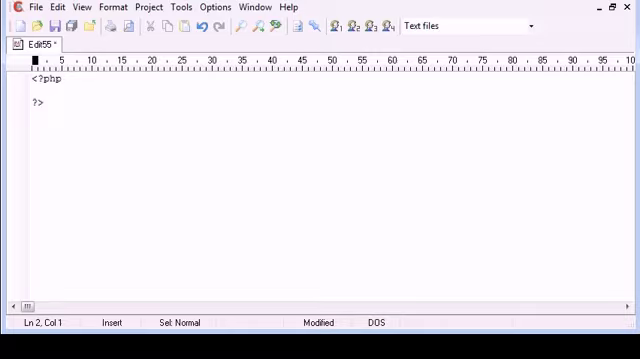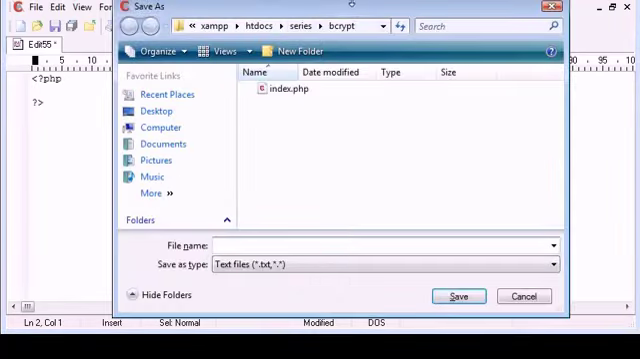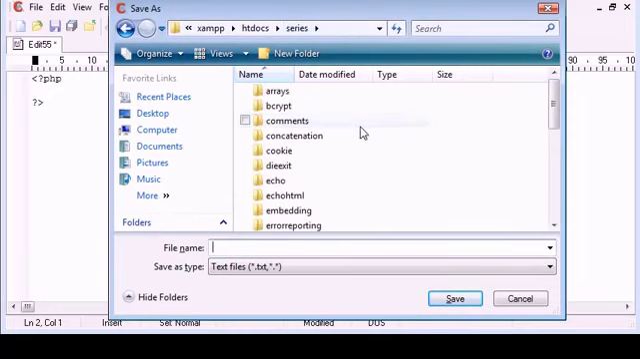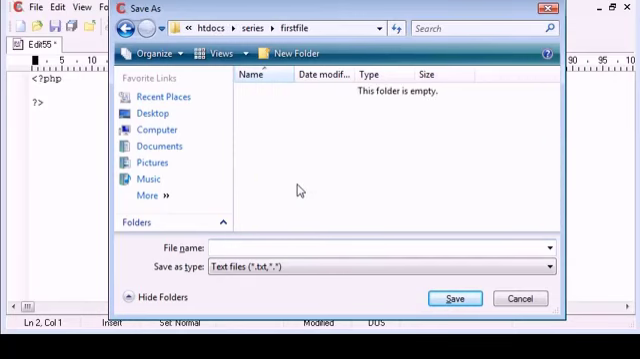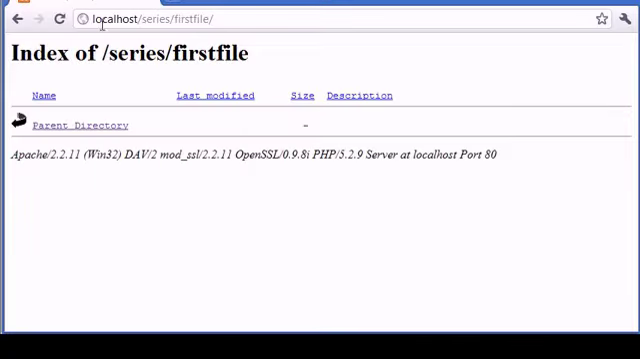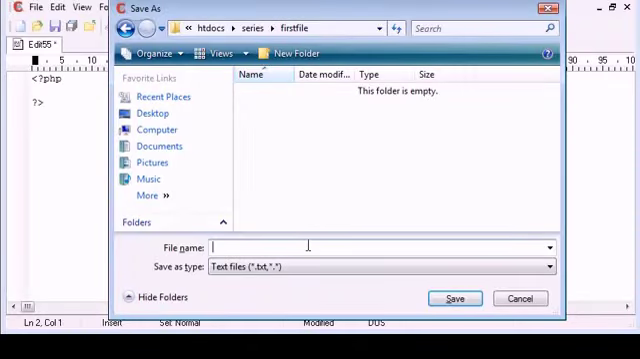So how do we go about saving our file so it can be interpreted properly by our web browser, or our web server? So we go ahead and we save the file. Now, I have a folder inside my htdocs folder called series, and this is where the code for the videos for the whole series will go. I've created a particular folder here called first file. So this is how we're going to access it in our web browser. We're going to go to localhost, series, first file, and then we're going to have our file name here. So let's just call this document,